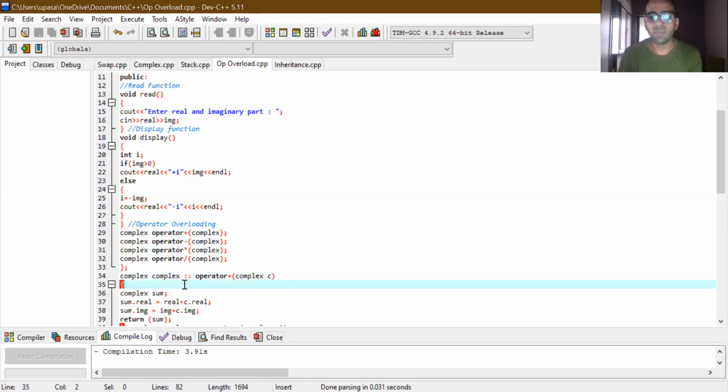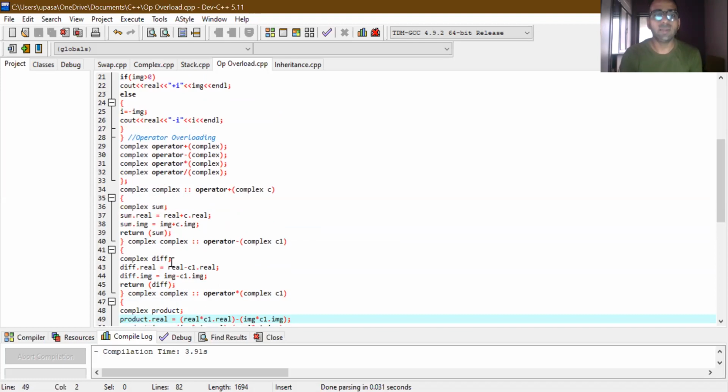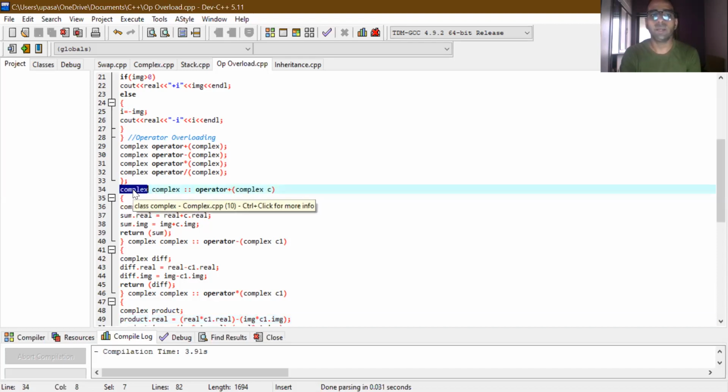So we'll start with the first operator overloaded function. So here you can see complex, scope resolution operator, plus, complex c. The complex in the first term is the return type. The second complex is the class name to which the operator belongs. Then the scope resolution operator as per the syntax, then operator as the particular keyword, then the plus sign, then in brackets complex